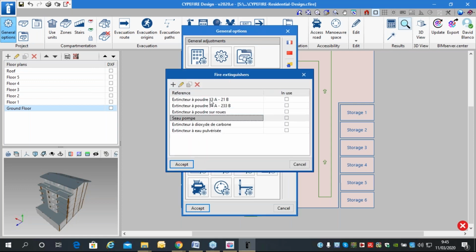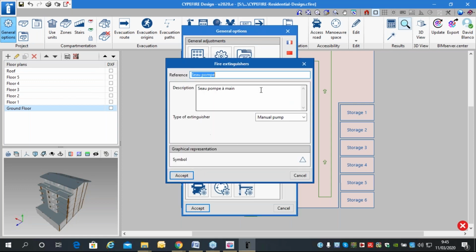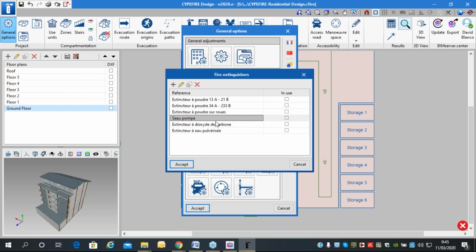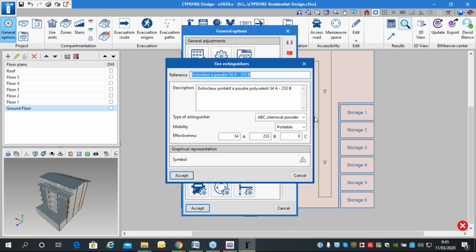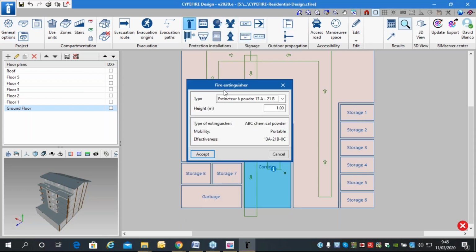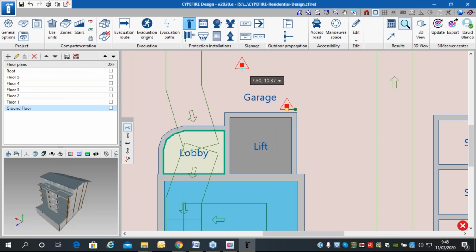This is something for the Moroccan codes. I edit here and I can modify the symbol, or I can edit different element properties. For example, this is ABC chemical powder, portable with this effectiveness. This is something I have imported from the Moroccan code. Okay. So I'm going to introduce a fire extinguisher here with this height, for example, one in the garage, and